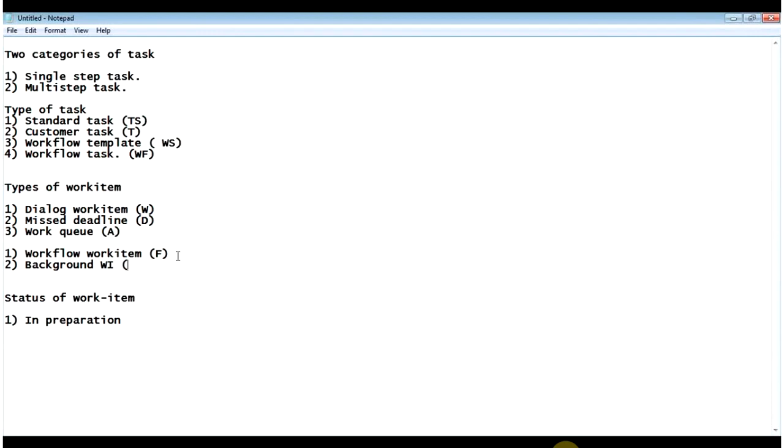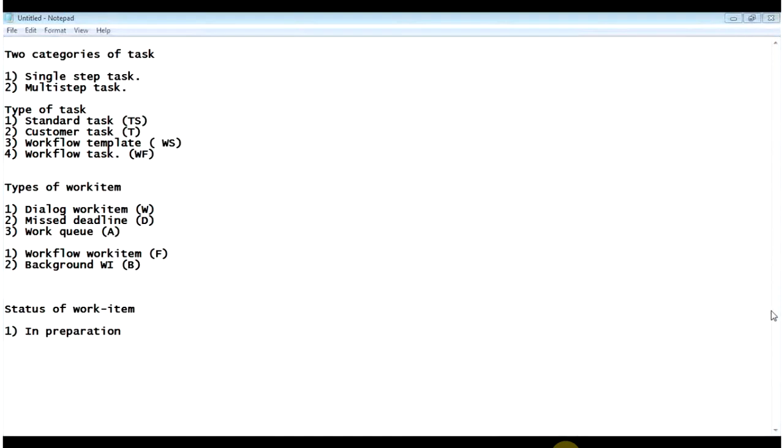The items which get displayed in the inbox of the user are dialog work items. I hope you know what a dialog work item is. The dialog work item is the work item where you need user interaction. It requires user interaction.